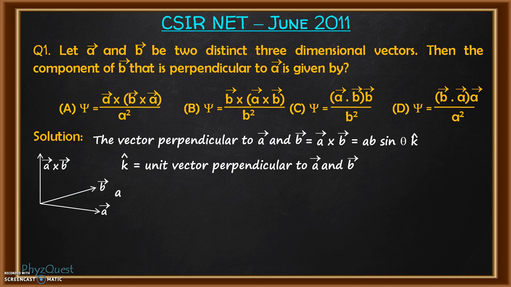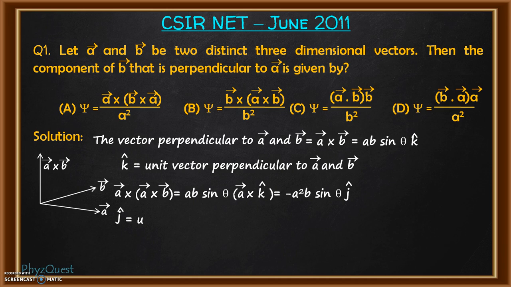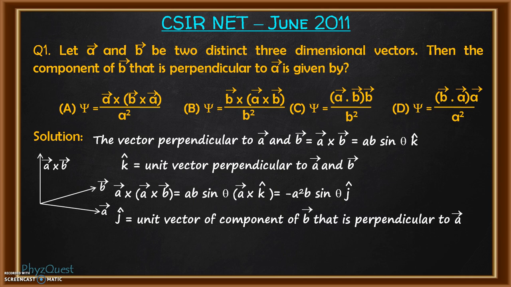Okay, so vector A cross (A cross B) will be equal to AB sin theta, vector A cross k cap, which is equal to minus A square B sin theta j cap. Here j cap is the unit vector of the component of vector B that is perpendicular to vector A. Now why there is a minus sign, I'll explain it. See,